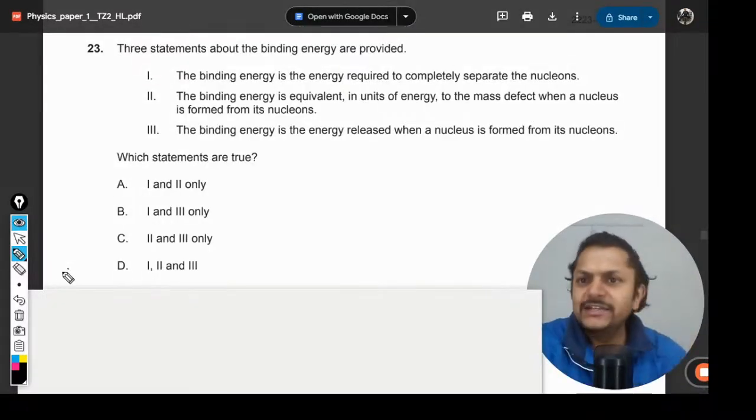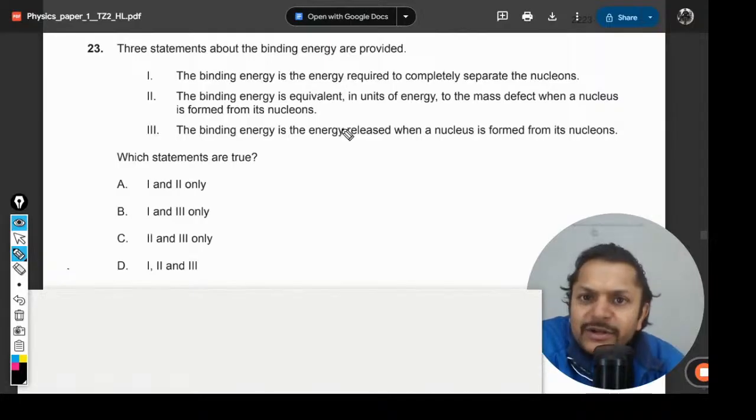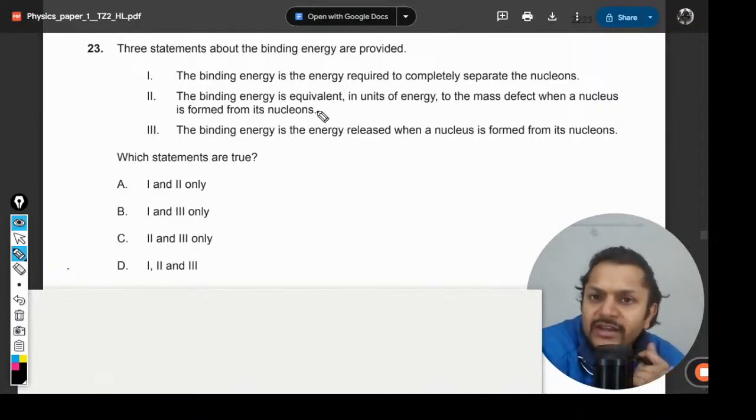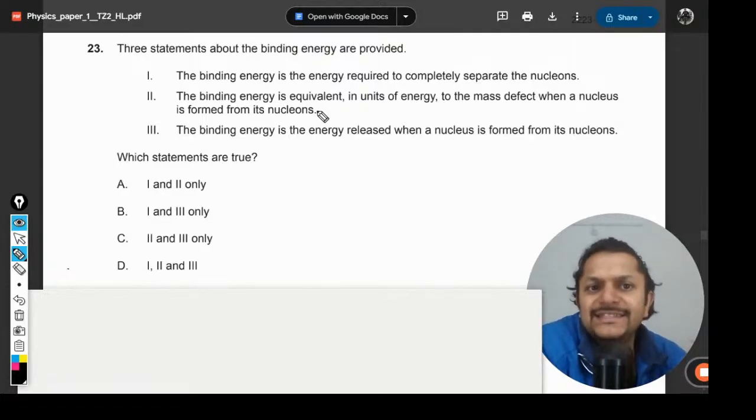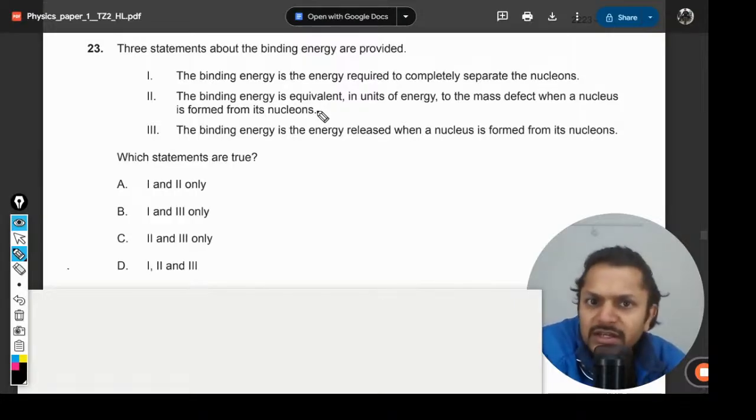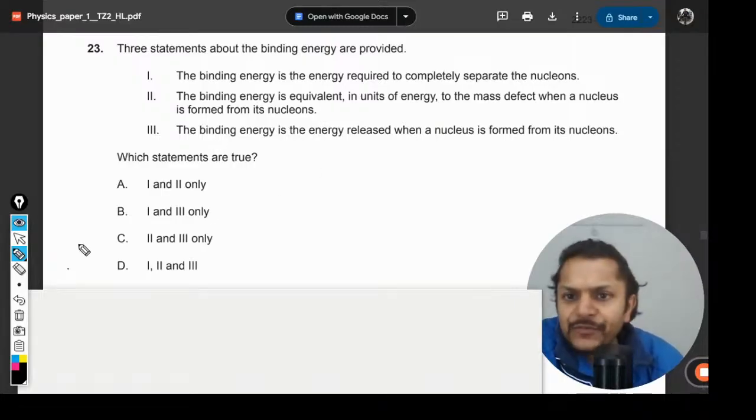Okay, dear students, let us see what is there in this question. 3 statements about the binding energy are provided. Number 1, the binding energy is the energy required to completely separate the nucleons. Point number 2, the binding energy is equivalent in units of energy to the mass defect when the nucleus is formed from its nucleons. Point number 3, the binding energy is energy released when the nucleus is formed. Well, okay, let us